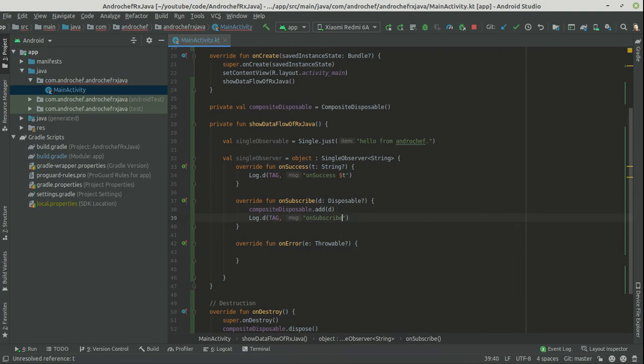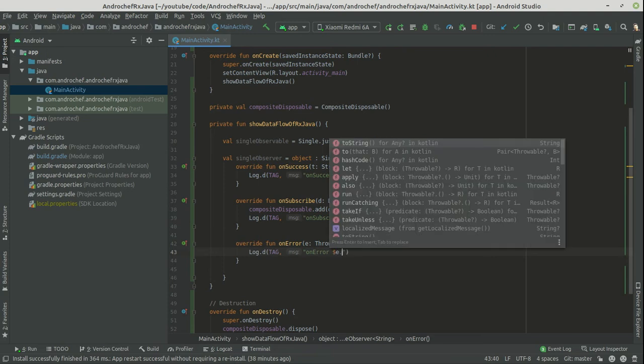We have to remove this one. Now copy again, we will paste here and we will call it as on error, and here we can see the error.